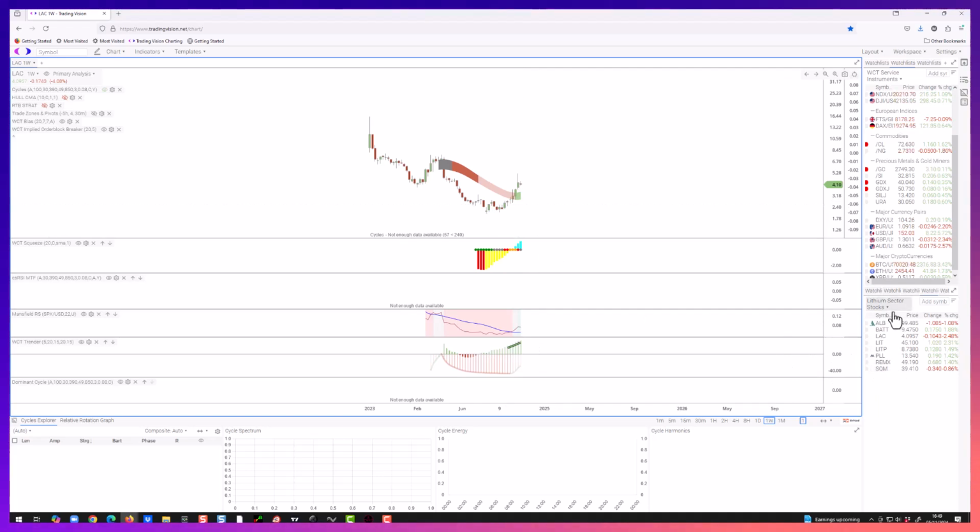Okay, I'm not going to go through the others. They're all in the watch list for you, lithium sector stocks and ETFs, and they're all shared analysis. So you can go down to your Trading Vision software and look at the read-only versions of the analysis that I've just gone through. But what you'll find is a common theme across the lithium sector. Don't go into all of them. Any two that are the best looking charts that set up best are the ones to look at. And those are potentially going to give us more upside on a less stressful basis than the normal culprits within the S&P 500 that we normally would look at, given the expectation of a larger correction overall.